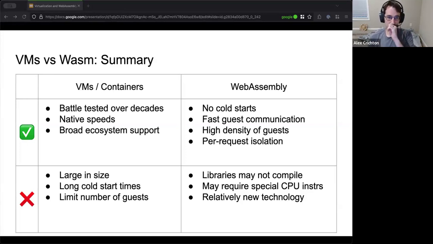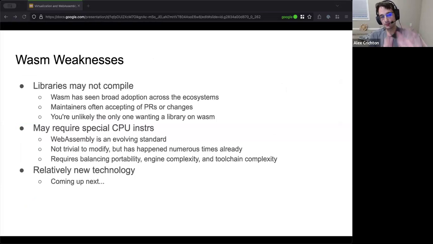So I'll get to the hypervisor side of things. I'm going to list three downsides here, which I'll go over again for WebAssembly. I want to briefly go over these and give some counterexamples, to give you a bit of hope for WebAssembly as it may be. But libraries don't compile. That's definitely true. You'll have to do a lot of porting.